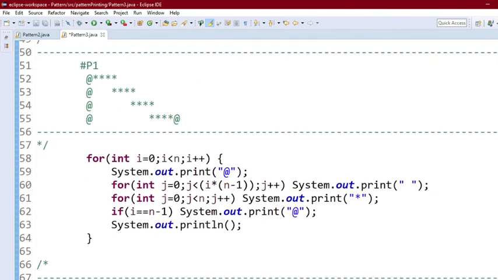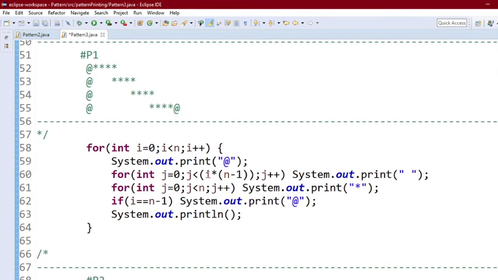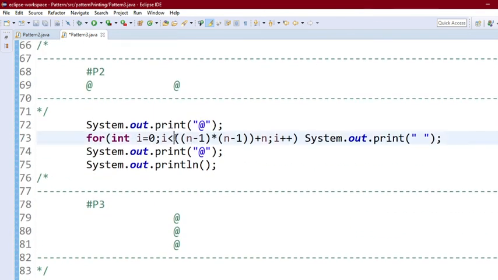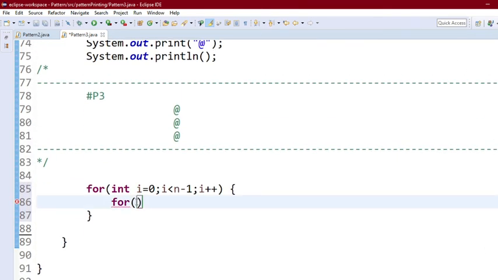That's why let's copy these, Ctrl plus C, and paste it here, and just add 1 to them. Okay, z plus plus.